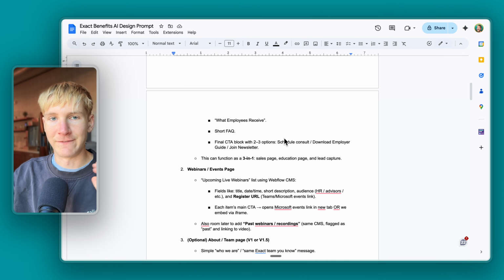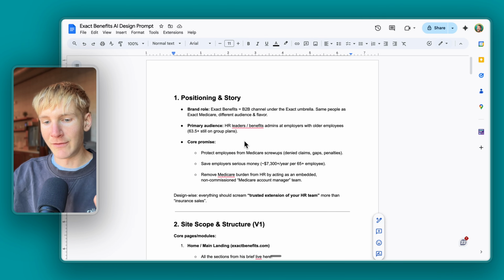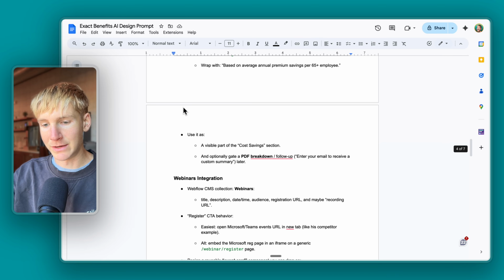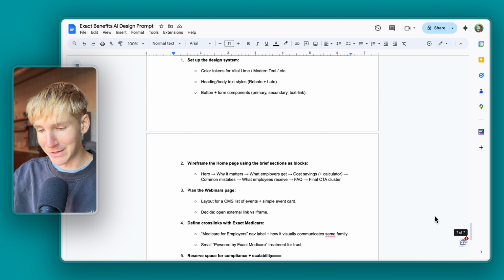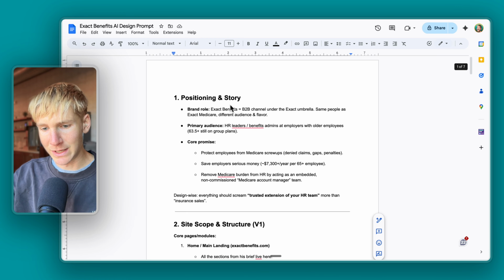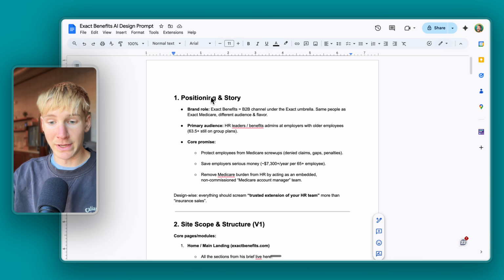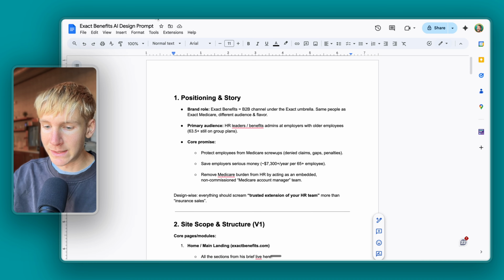So I want to start at the very beginning. I've copy pasted the exact prompt that I used for all of these, and as you can tell, it is fairly long. It's about 7 pages here in a Google Doc, but I just wanted to have it here to aggregate so you guys can reference it, and I can link it below in the description as well if you guys want to see it,